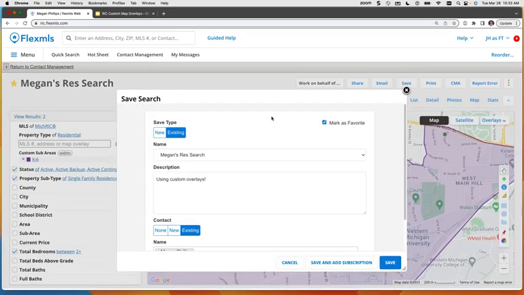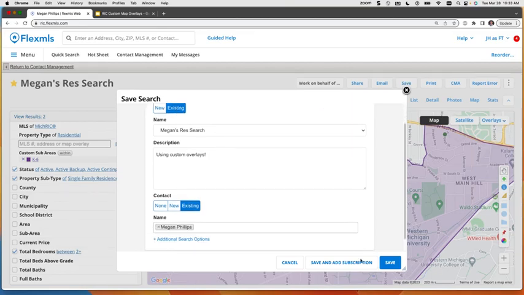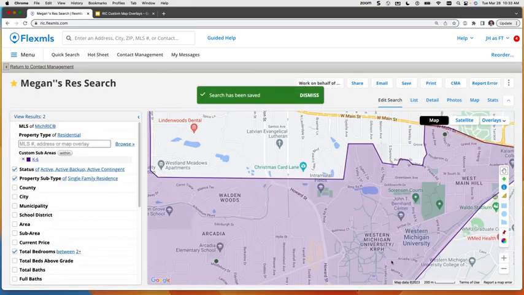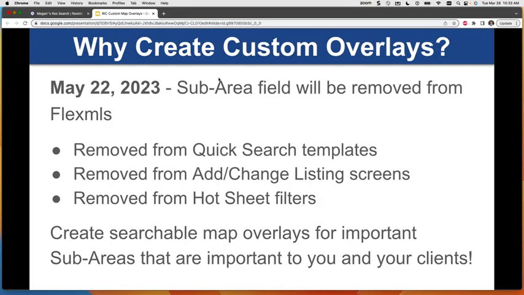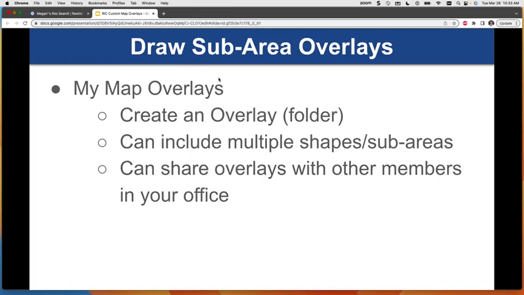I started with somebody who already had an active subscription, so we're just modifying the search. And really, I just click save right down here. And that's all there is to it, to getting that all set for Megan. Now that's coming out here and